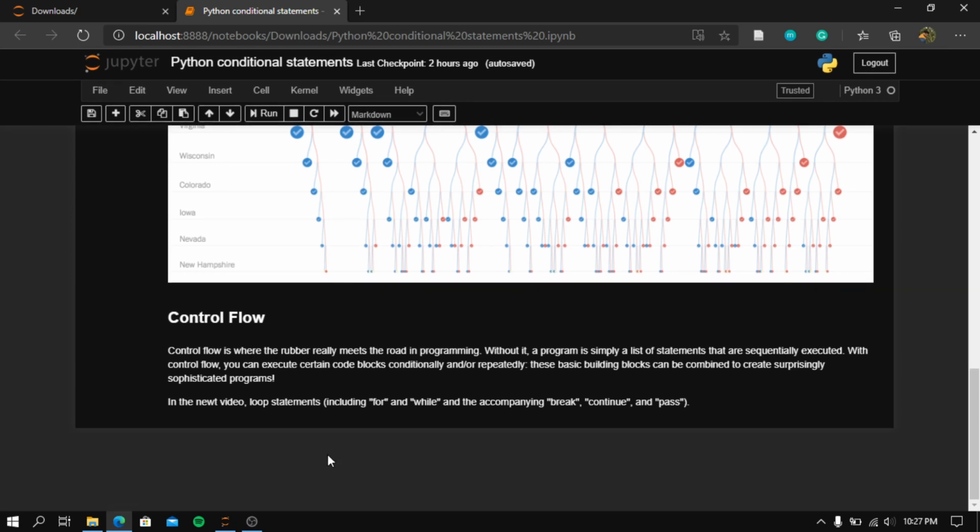In the next video, we will be covering the loop statements, including the for and while loops, and the accompanying break, continue, and pass statements, which are highly important